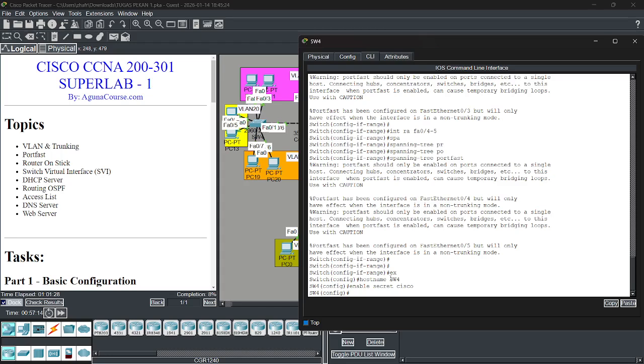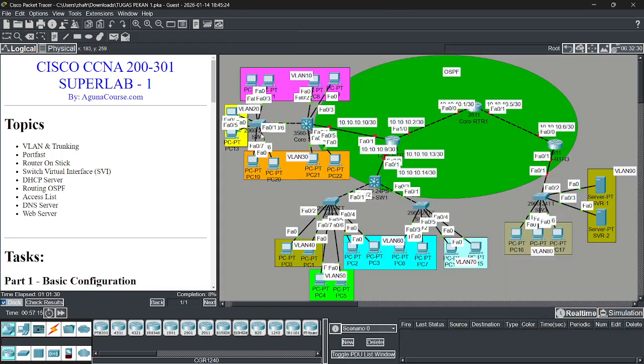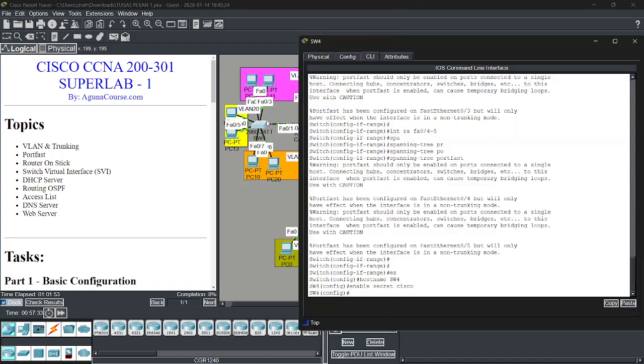and then we should make this FA0/1 trunk mode, because for VLANs to pass through the root, switch to switch must be trunk.